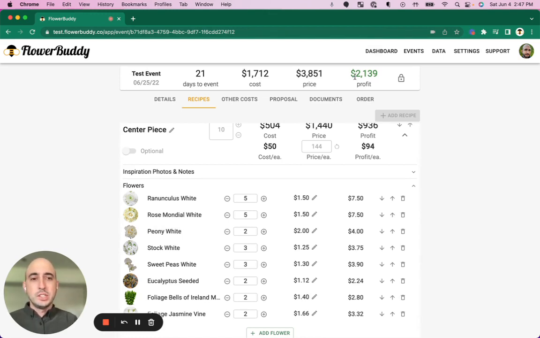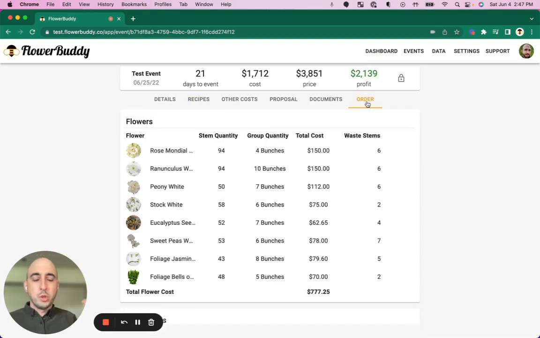Very simple change that was made evident by looking at the waste stems that we had here. And you can see there are others that might have high waste because there are only 10 in a bunch. So 7 might be high if 10 sweet peas come in a bunch. So you might have another opportunity there to reduce from 6 bunches to 5 bunches, and again, increase your profit further. So with that, that wraps up this video series of how to go through each step in creating an